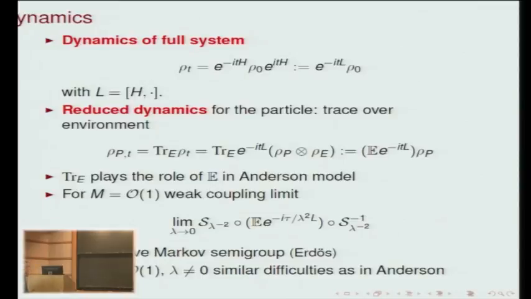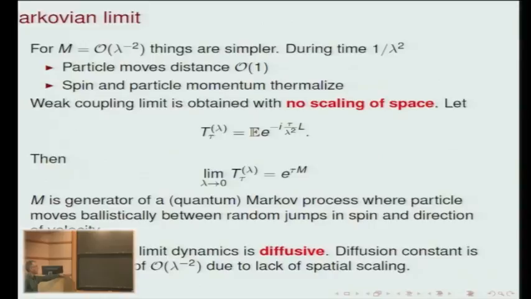Now, if I had a Rayleigh gas, then in the weak coupling limit, if the mass would be order 1, it would be the same story as in the Anderson model. So you would take the average like this in time in units of 1 over lambda squared and rescale space by lambda to the minus 2. And the limit would be again a diffusive Markov semigroup. And this was actually proved by Lazzi some time ago. Now, if M is order 1 and you want to keep lambda non-zero, then this is at least as difficult as the Anderson model. So again, you could set up the renormalization group like I did, but I wouldn't have much to say about that. Whereas in our model, things